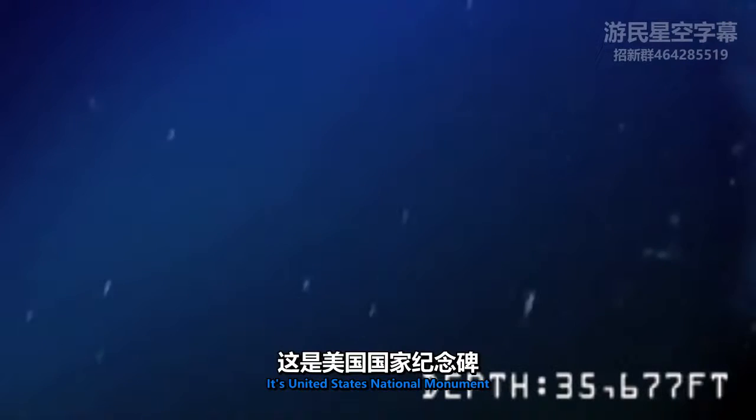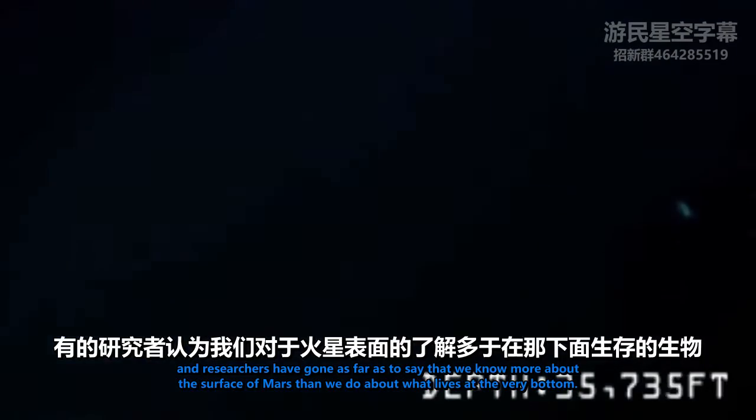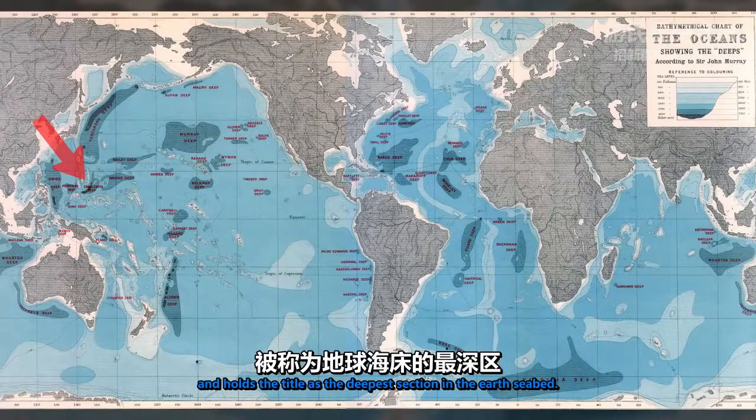It's a United States national monument that's 7,000 feet deeper than Mount Everest is tall. We know less about it than any other place on the planet, and researchers have gone as far as to say that we know more about the surface of Mars than we do about what lives at the very bottom. It's the Mariana Trench, a huge crescent-shaped expanse of sea that holds the title as the deepest section